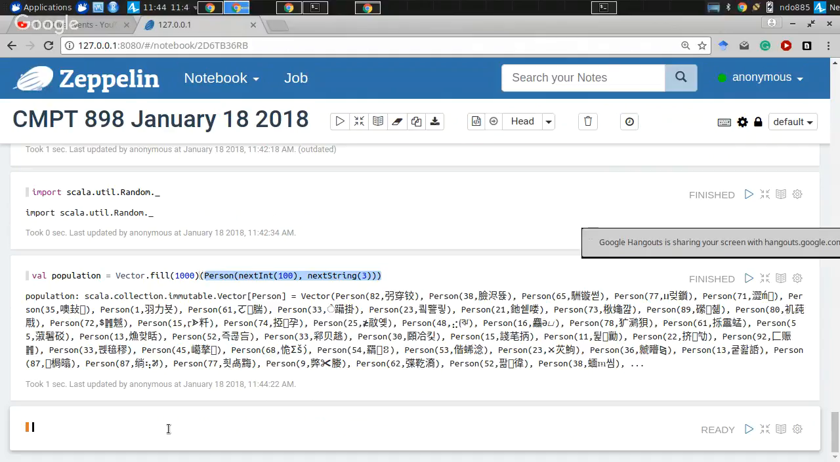Okay. So, ladies and gentlemen, here we have 1,000 people. Now, having done that, what we can do is, for example, go through here. One thing we could do is say population dot for each. I'm sort of triaging my comments here. For each person in the population, for example, we could report out